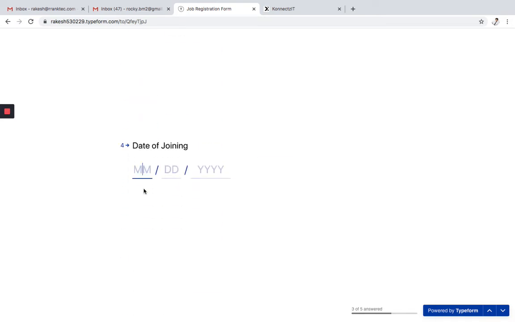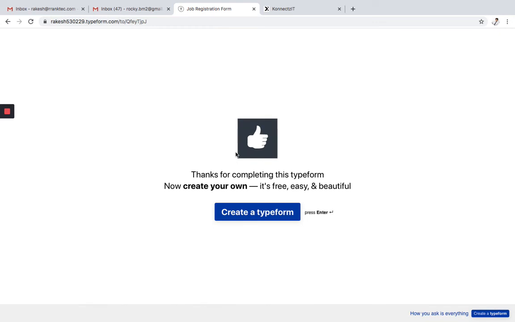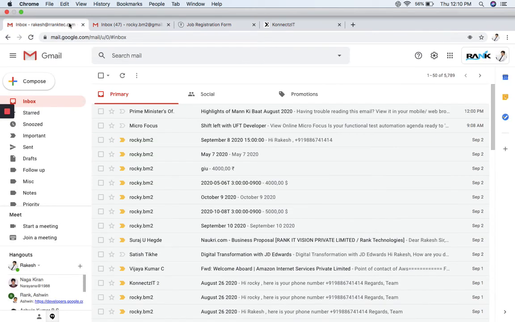I'm choosing the month as January, the date as 12th, and the year as 2020. This is just for reference. That's it. So I filled my form. Now I'll be receiving an email over here.